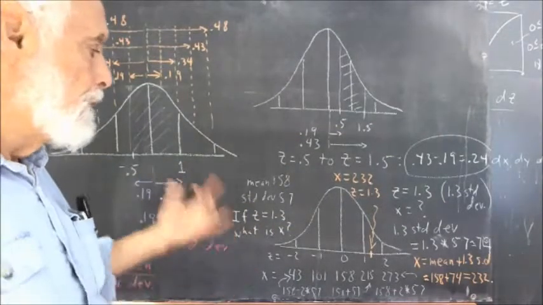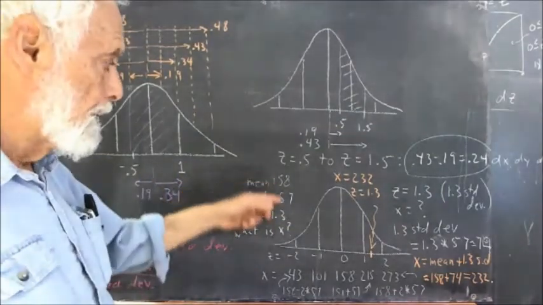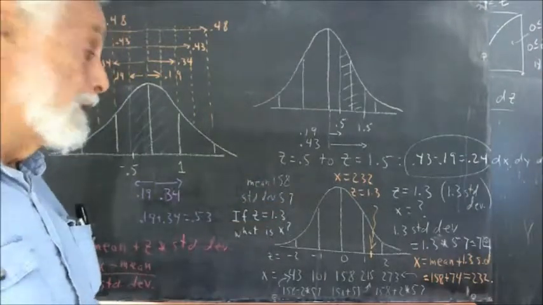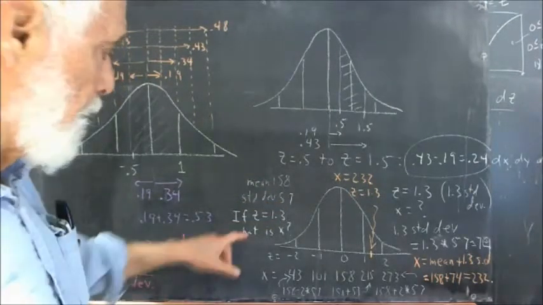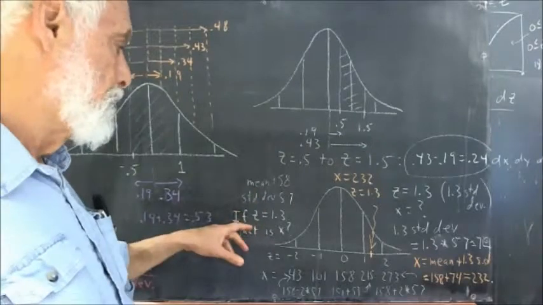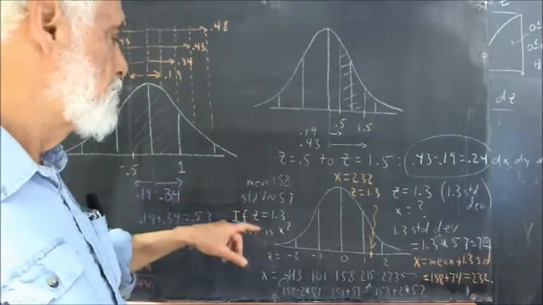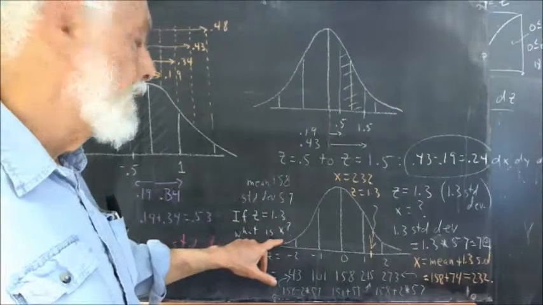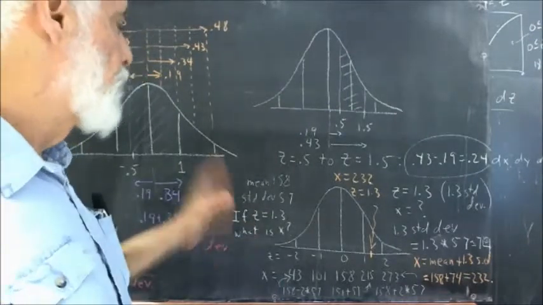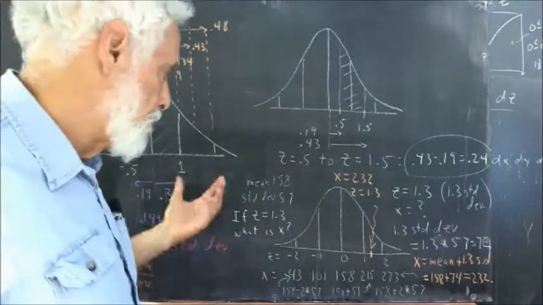The next question gives you a distribution with a mean of 158 and standard deviation of 57. The question is, if z equals 1.3, then what's the value of x? The first thing you want to do, and you should do this if you haven't already done this, is